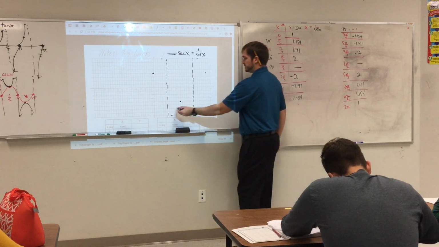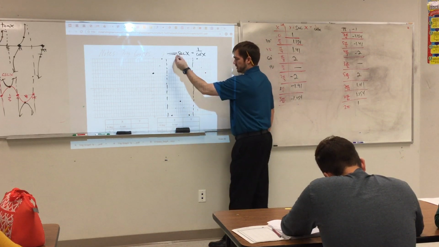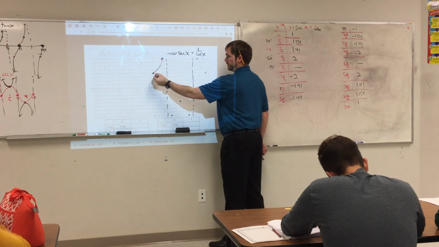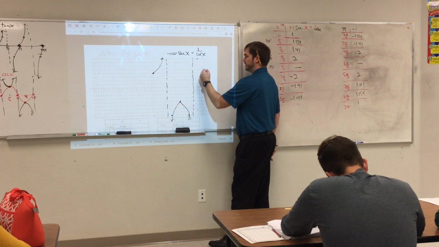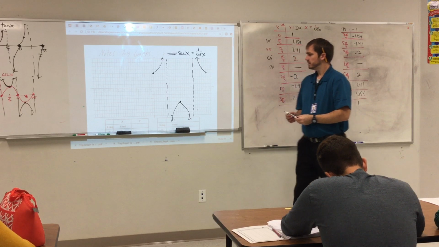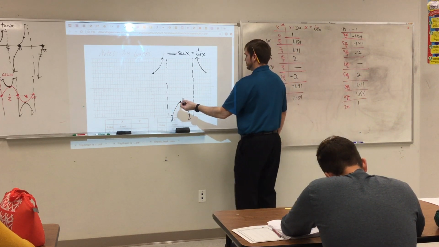These other points are kind of in the middle. I think that might be enough for us. We kind of have a feel for it now. I think it should be kind of maybe opening upward right there. This kind of looks like it's opening downward. This one kind of looks like it's opening upward. So your asymptotes,